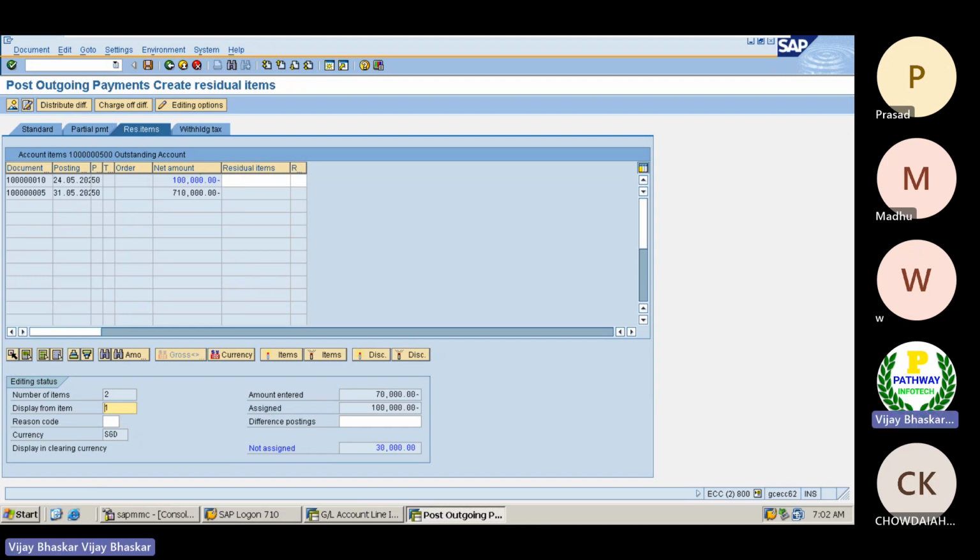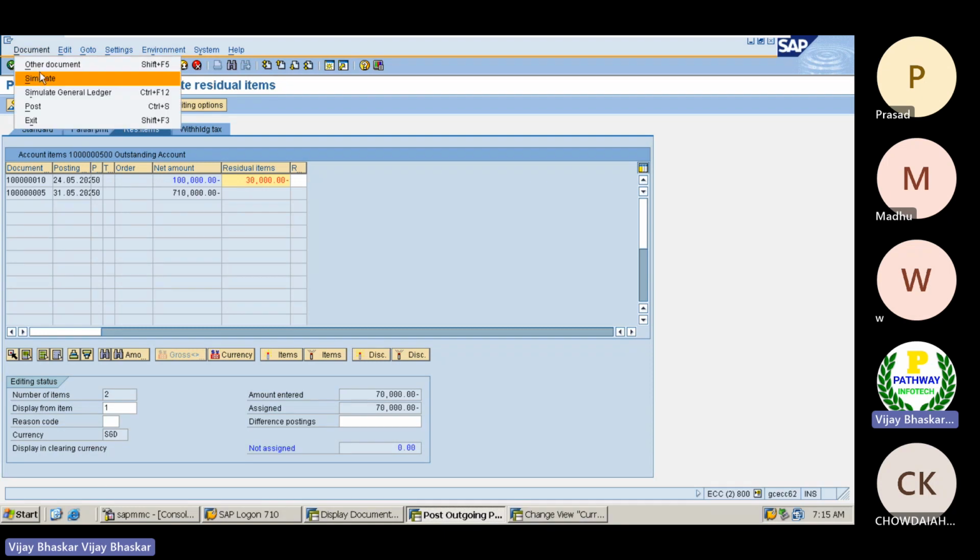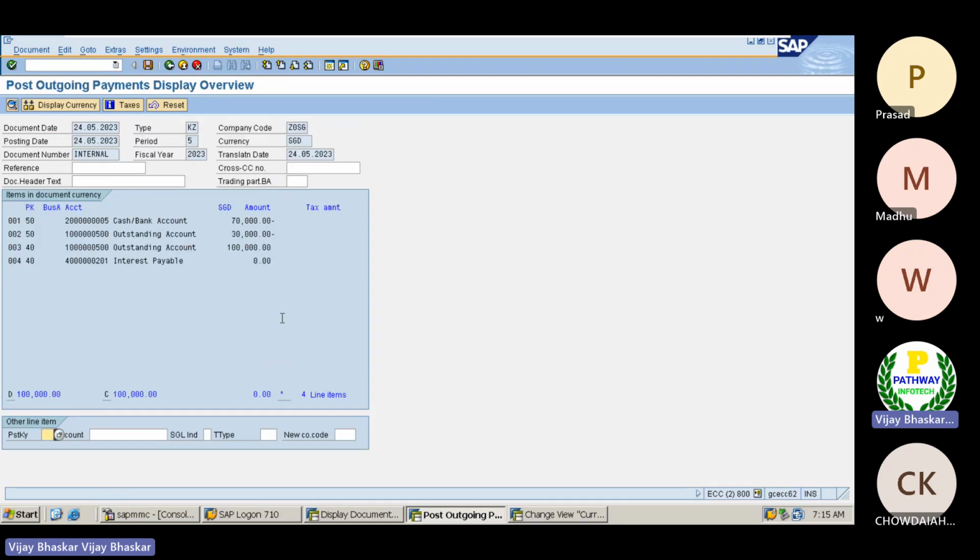Now you can see the net amount residual items here. I want to activate this one, so double click here. The remaining amount you have taken is in Singapore dollars, that is the reason.